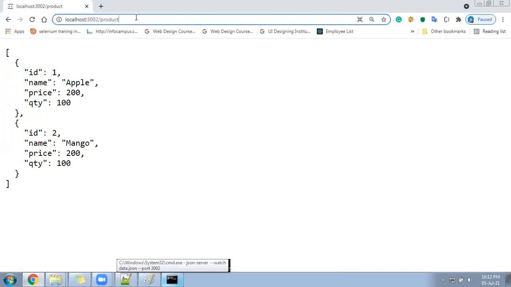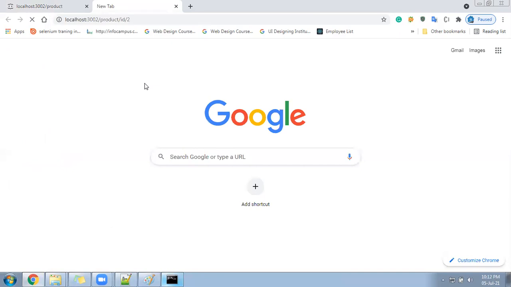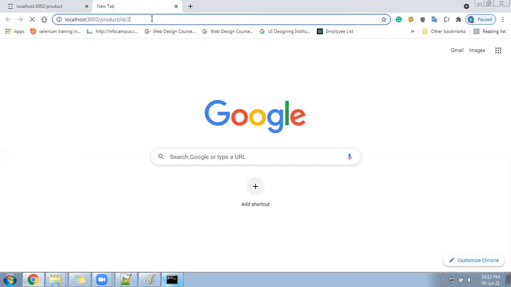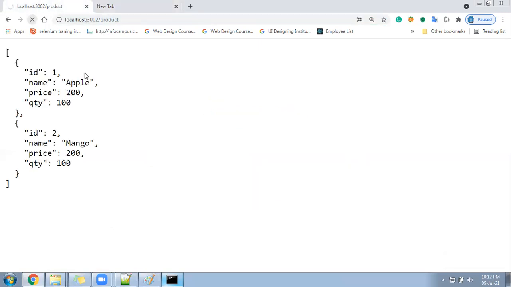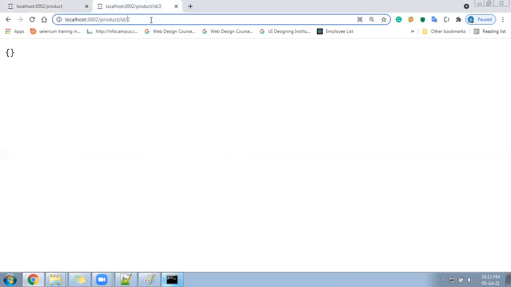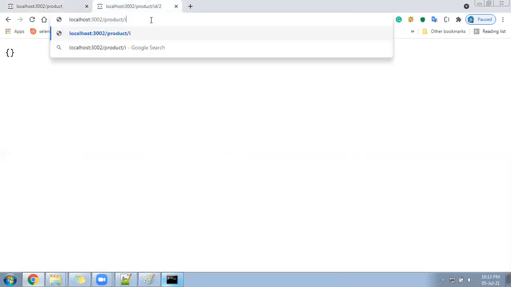Now look here. I'll open one more URL and I'll show you how to access a specific product by ID, product hyphen 2. Product 2 is running perfectly. There is no problem. Under product 2, I went and it is saying some error here. So keep only 2. Yeah, see, it's giving the product 2 details.